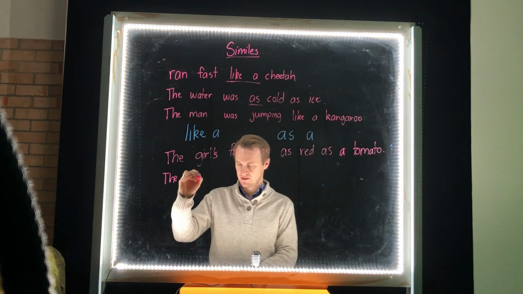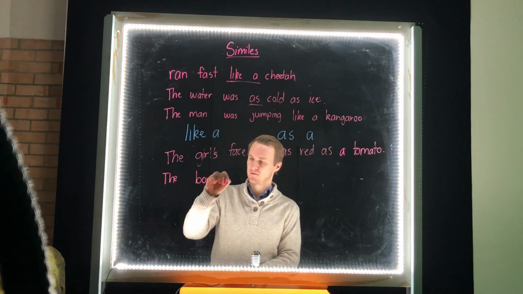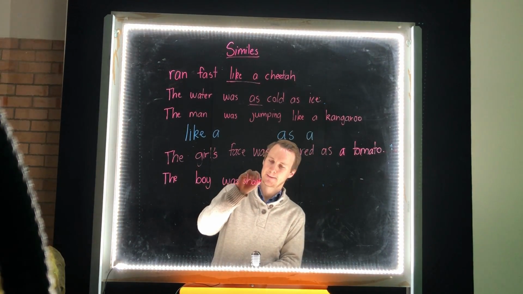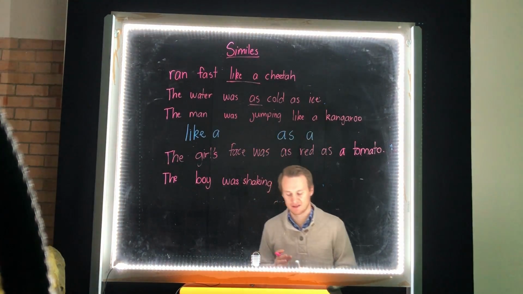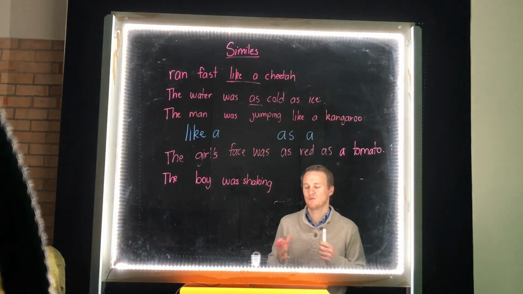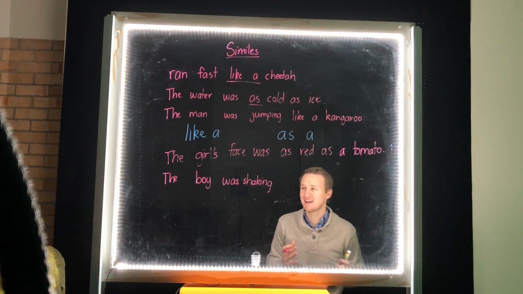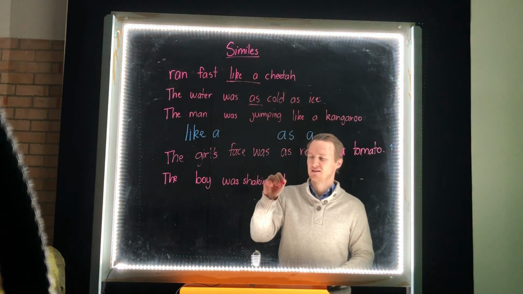The boy was shaking. Okay, think about what shakes a lot. The boy was shaking. What shakes? Like a maraca? That's okay. But one of the common ones we use for shaking is shaking like